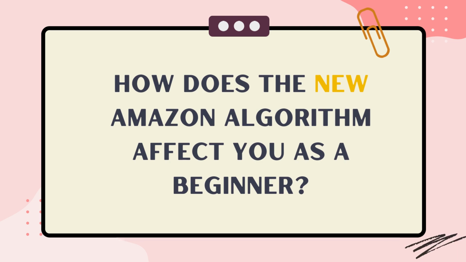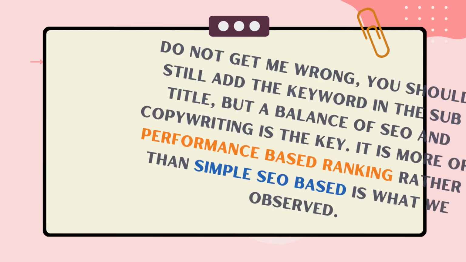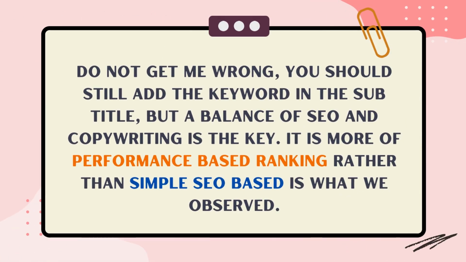That being said, even if you don't have the exact word in your keyword, we know that Amazon is smart enough to rank you for it. The focus really should be to increase your conversion rate as much as possible. So instead of keyword surfing and having that generic boring title just for the sake of SEO purpose, now you can use copywriting and make your title more attractive and appealing to your buyers. Now is the time for you to have a very sweet title, a title that is appealing.